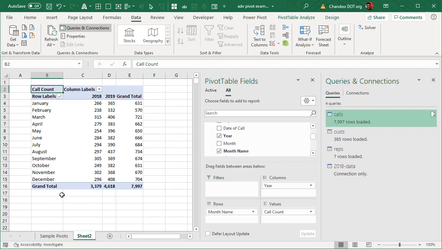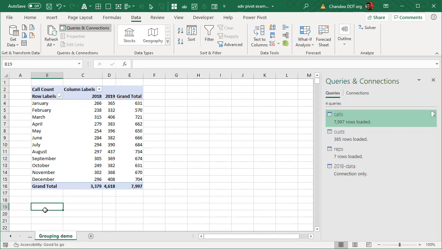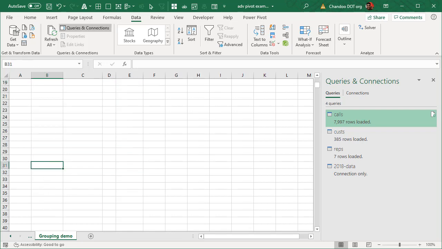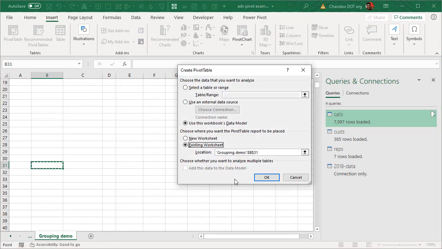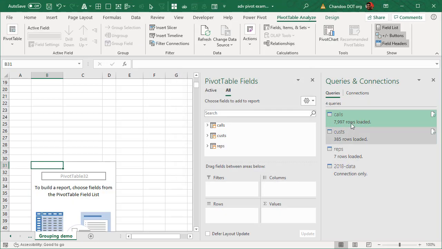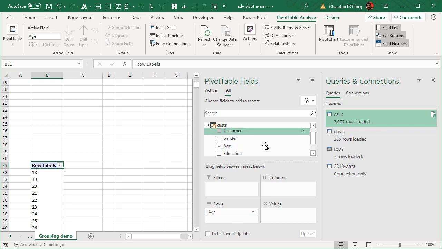So this is how the grouping for dates work. What about, I'll just rename this worksheet first, grouping demo. What about grouping things that are not dates? For example, I want to have a grouping based on customer's age. When you put age, it will give you all these options, and let's say we want to see how much